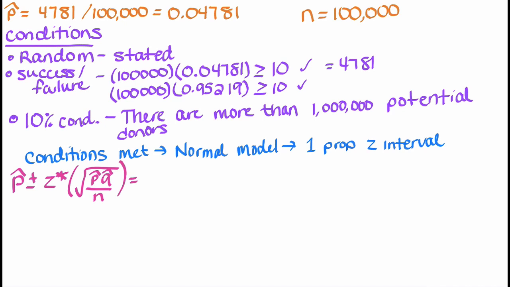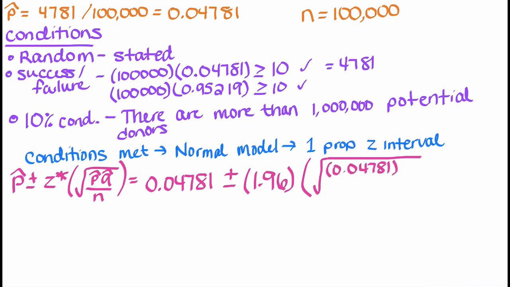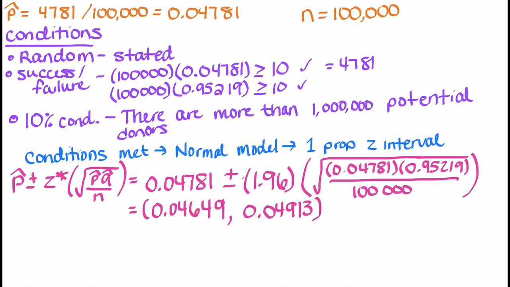And I'm going to plug in everything I know. Well, p hat was 0.04781 plus or minus the z star for my confidence level, which is 1.96, times the square root of 0.04781 times 1 minus that, which gives me 0.95219, all over 100,000. This gives me the interval from